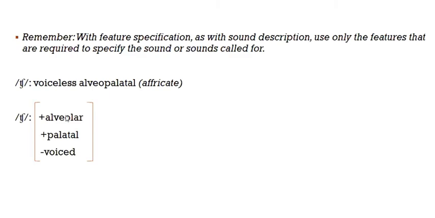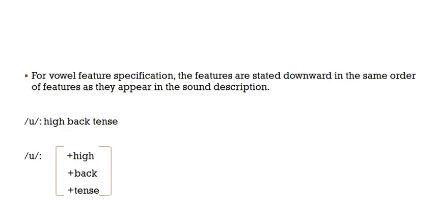The feature specification, voiced, is at the end. Obviously, we start from here. So alveopalatal is alveolar plus palatal, and then minus voice because it's voiceless. Okay, let's see what happens now with vowel sounds. This is very important to notice. For vowel feature specification, the features are